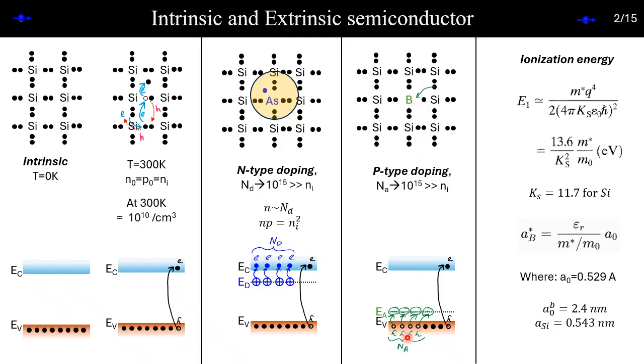We get holes. In the previous case, we had a loosely bound electron. When it is donated, the donor atom becomes positively charged because it is losing an electron, and we get a free electron in the conduction band. Here it is the other way around. The acceptor state, or this acceptor energy level, is accepting an electron. As it is accepting, it will be negatively charged, and therefore we will have holes in the valence band. Is this clear?